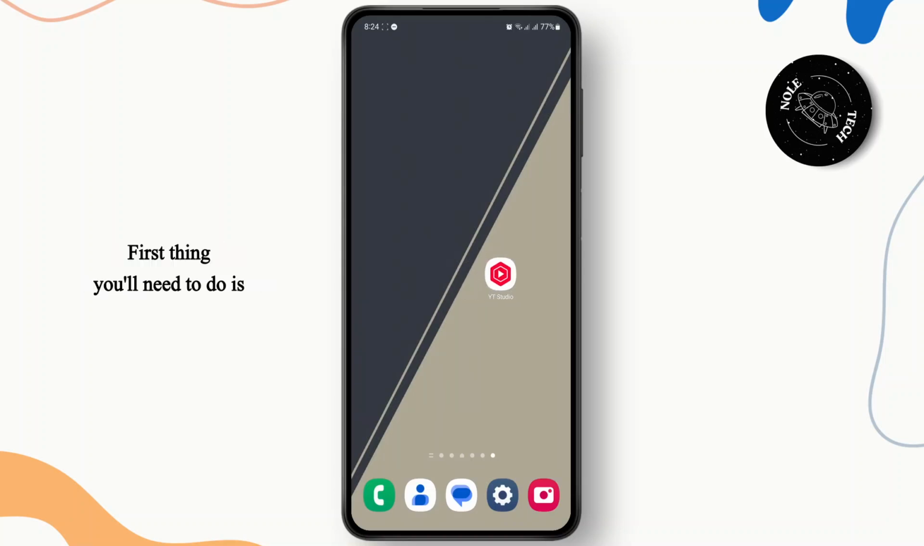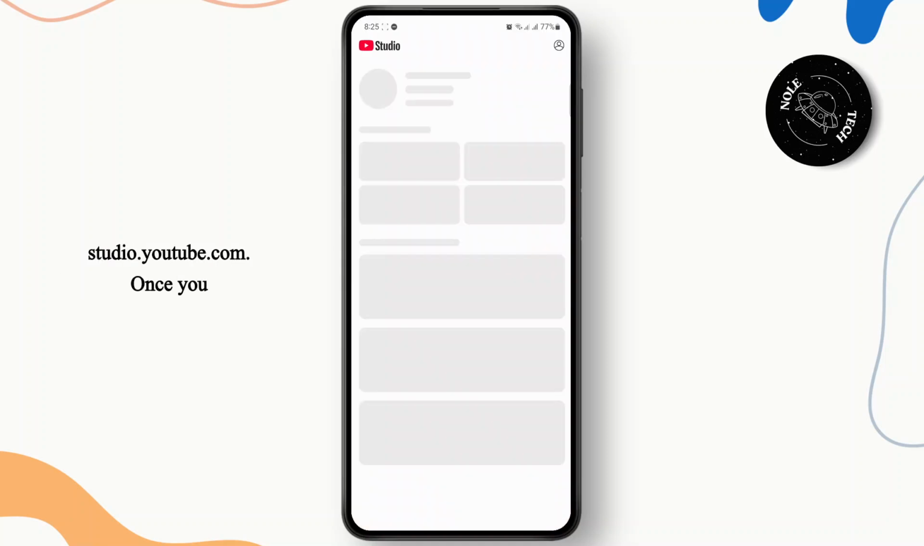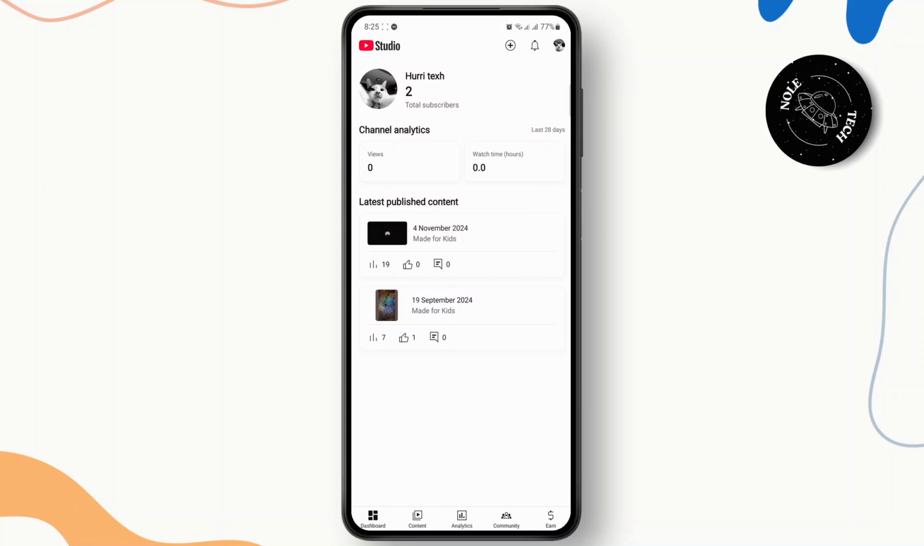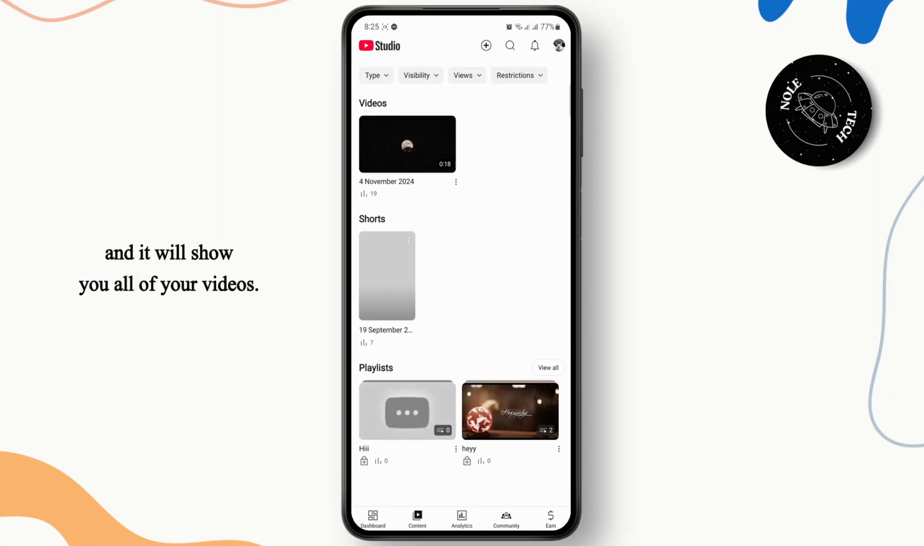First thing you'll need to do is download YouTube Studio on your phone. And if you're on laptop, you directly go to studio.youtube.com. And once you open up your YouTube Studio, you're going to have to find your contents. In order to do that, tap on the Contents tab down below, and it will show you all of your